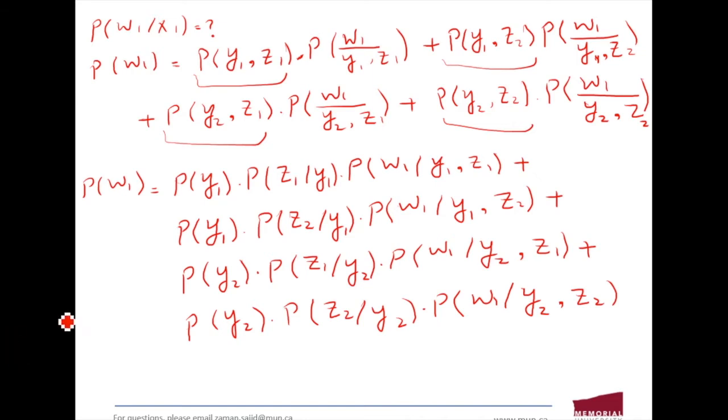In the next step, as I am looking for it, I need to take the conditional probability with respect to x1. So this term on the left hand side should be W1 given that x1. Now just like I was doing before, I will take the conditional probability of y1 with respect to x1, z1 given that y1 and x1, the probability of w1 given that y1, z1 and x1. This is what I am going to do on the next slide. So my probability of w1 given that x1, I can write it down again here. I am looking to find out w1 given that x1